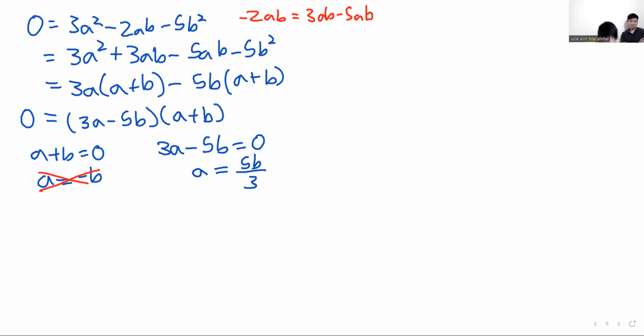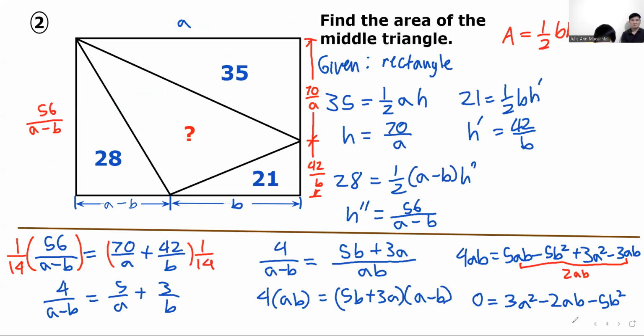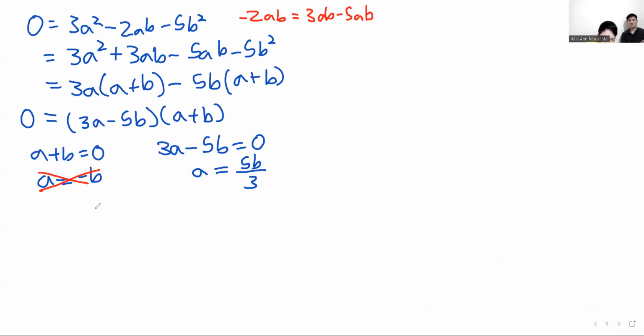So here we had this with this. We have h prime is equal to 56 over a minus b. That will be useful because 56 over a minus b is the other side length. If we have a, we have another side length, which is 56 over a minus b. So we'll just rewrite it by substituting in the, oh wait, maybe it will be better to use